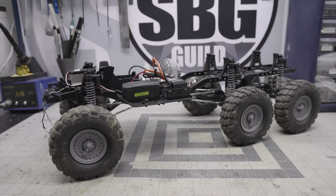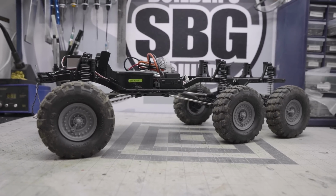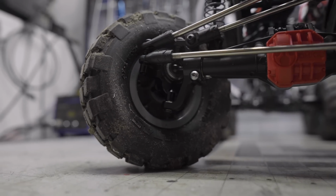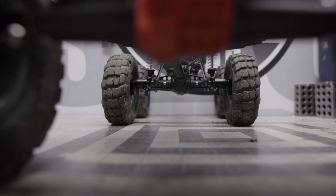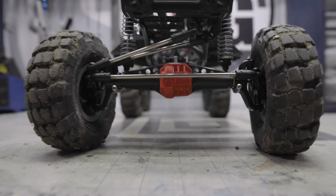It definitely adds a lot more scale accuracy to a UMG 6x6 to do this conversion. It's something that I talked about and wanted to do for a long time. I've got Vanquish portals on the UMG 10, so it just made sense to do something like that here. It is a really great setup though, really happy that I did it, and can't wait to actually take it